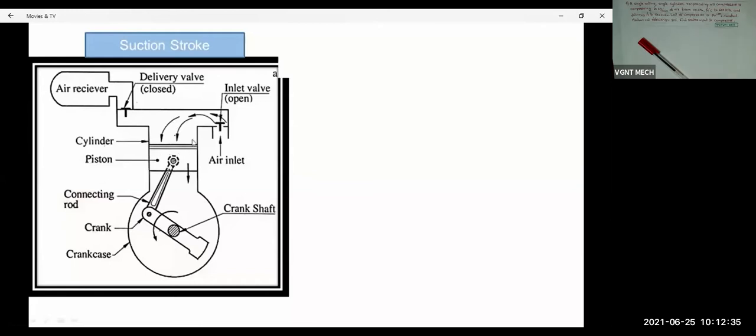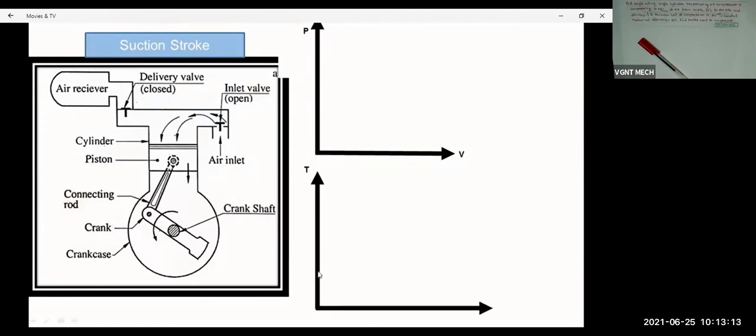At that time, the pressure inside the cylinder is start to reduce. When the pressure inside the cylinder is reduced, it's create the pressure difference between the atmosphere, that is means both the sides of the inlet valve. So at this side of this inlet valve, pressure is higher, and this side the pressure is lower. When this inlet valve is open, and atmospheric air is enter inside these cylinders. Now this is a one process, it's known as the suction process. That process we draw on the PV diagram. So on the y-axis it is a pressure, on the x-axis it is a volume. These are the TS diagram. On y-axis it's temperature, on the x-axis it is the entropy.